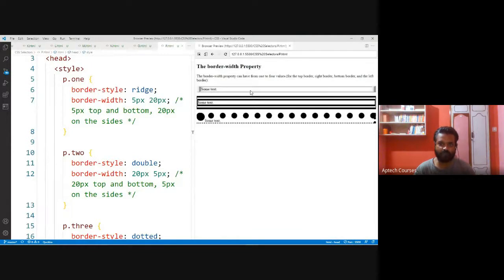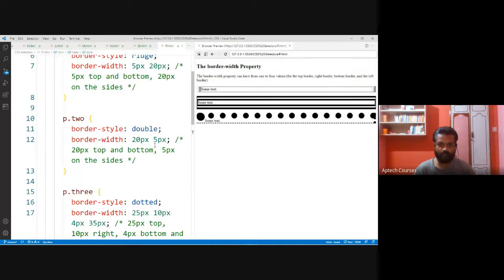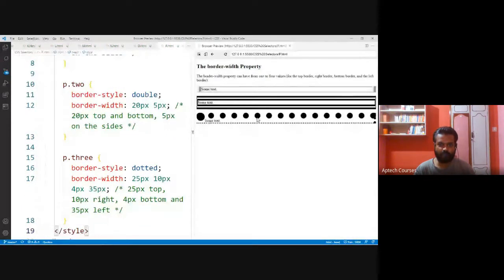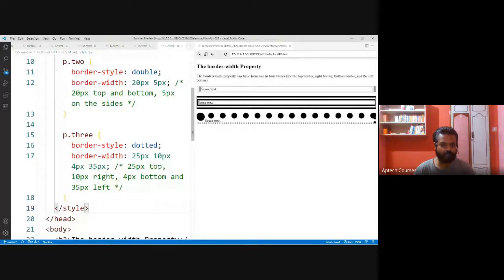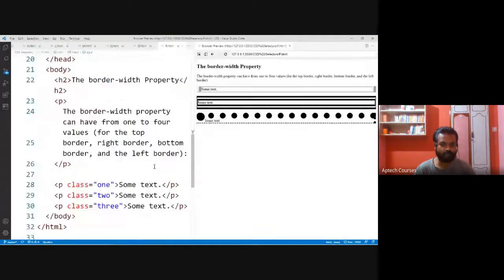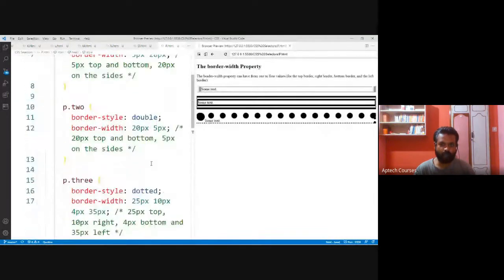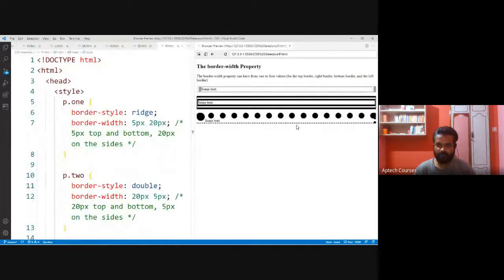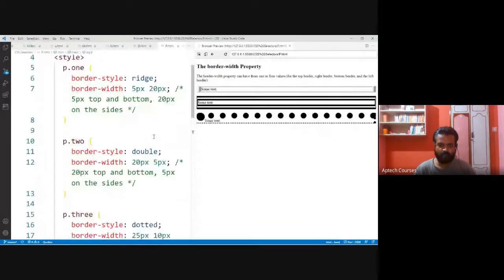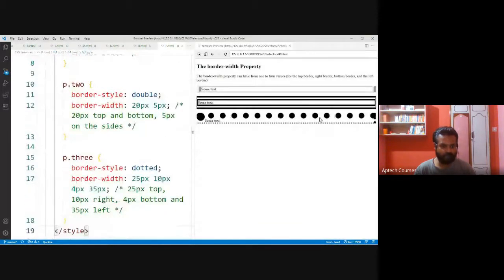This is the style for ridge. Then double, then we are getting dotted. Dotted is not rendered properly. That is a problem with the inbuilt browser. If I use an internal browser, we'll get this kind of border. Why are we getting big dots?